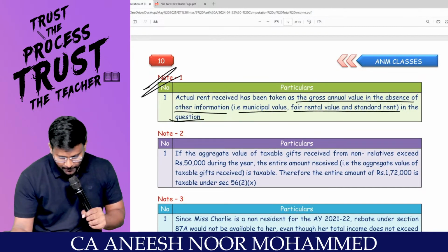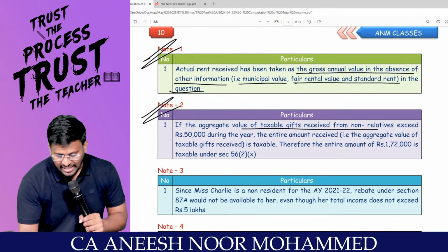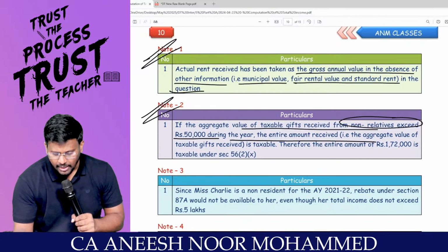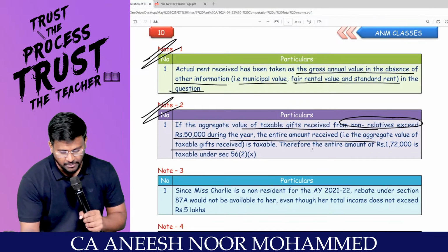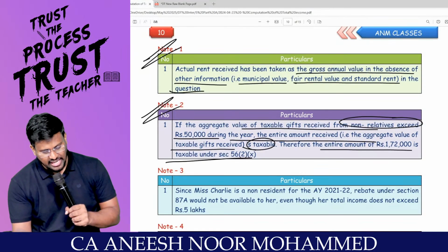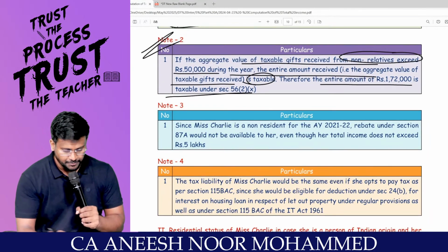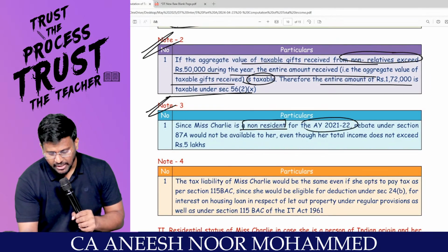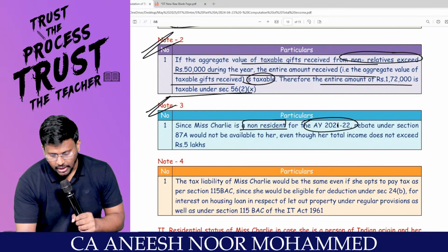In the question, if the aggregate value of the taxable gift received from non-relatives exceeds 50,000 during the year, the entire amount received is taxable. Therefore the entire amount of 1,72,000 is taxable under section 56 subsection 2 clause. Since Mr. Charlie Chaplin is a non-resident for assessment year 25-26,